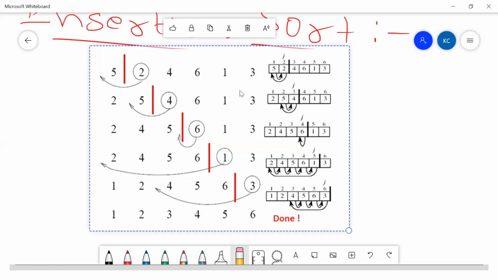You take your second card and compare it with your first card. If you find that they are in improper positions, you just take it and insert it in the correct position. Now you go to the second iteration and make the comparison. If it is in an improper position, try to insert it in the correct position. The same thing, you keep moving forward until you conclude that you have sorted all your cards, right?